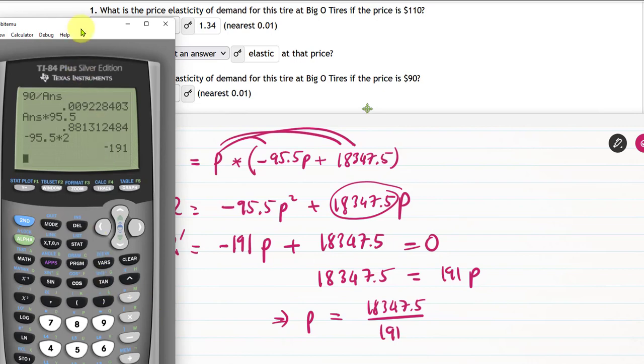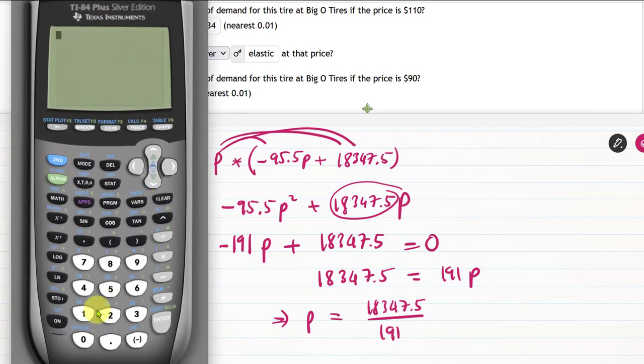So I get 18347.5 divided by 191, and that is $96 around that,